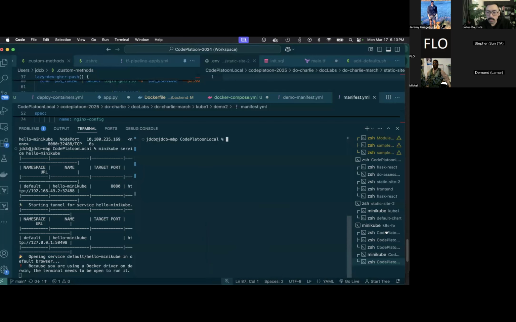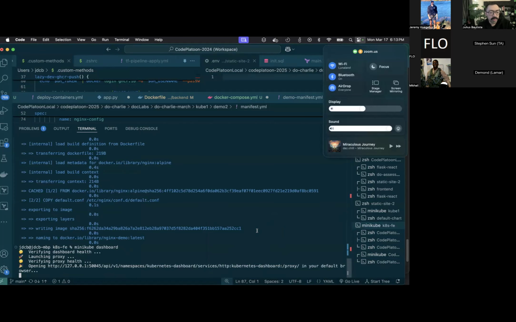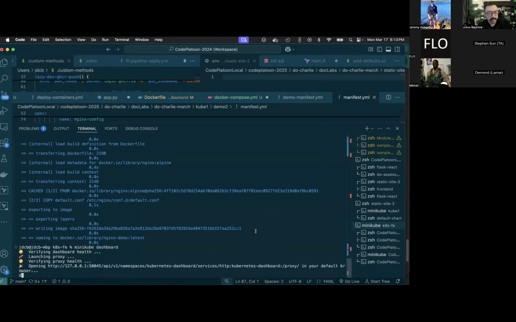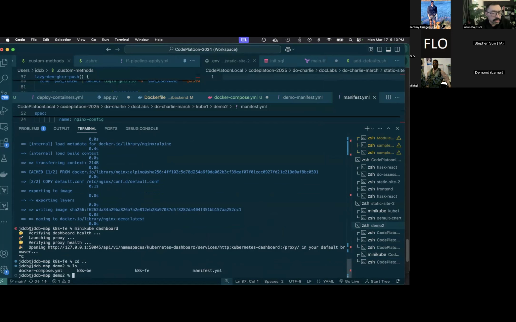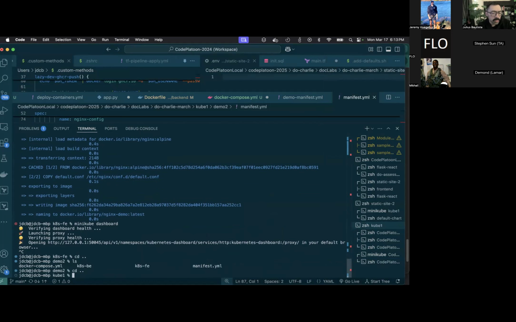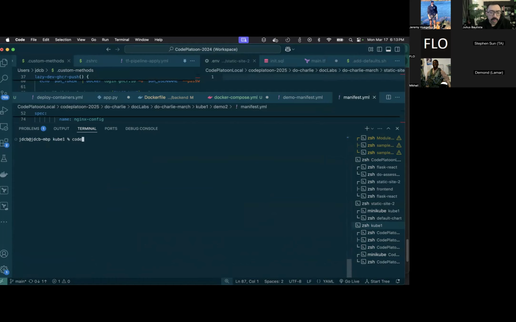oh, I don't remember what directory I'm supposed to be in. Let's close out of that. Maybe up one more. Okay. If we look at our Nginx pod configuration here,